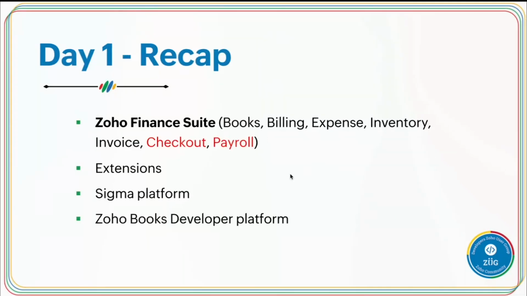Before we get into today's session, let's see a quick recap on our earlier sessions. In our day 1 session, we introduced the 7 different Zoho products that comprise the Zoho Finance Suite. Then we introduced what extensions are and how they are useful. After that, we introduced the Sigma platform, which is exclusively meant for building extensions for any of the Zoho products. Finally, we introduced the Zoho Books developer platform and explained all the components available in the platform for building extensions